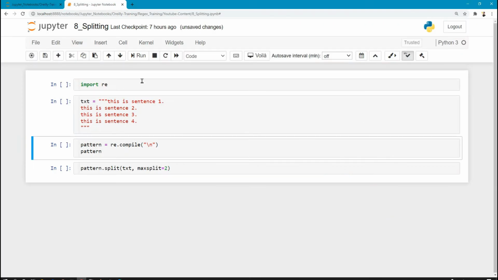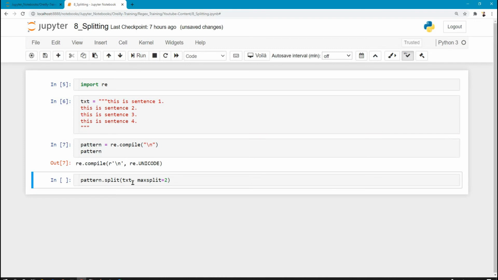So now let's see how the splitting works with the regex, and here I've specified a text which has these 4 sentences. These are all multi-line statements. Now I'll specify this into txt. Now here I'm specifying a pattern with the \n, and then I'm trying to split this string using this pattern with maximum splits as 2.